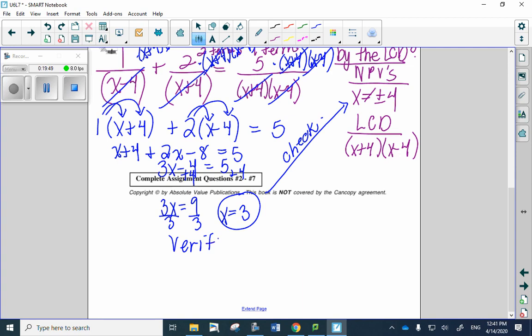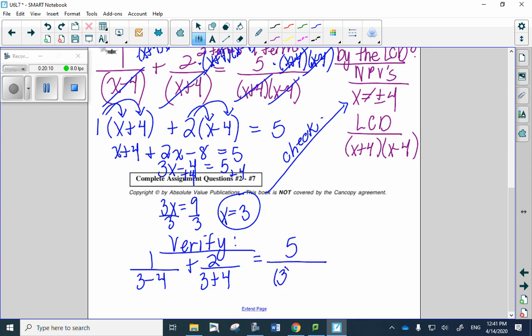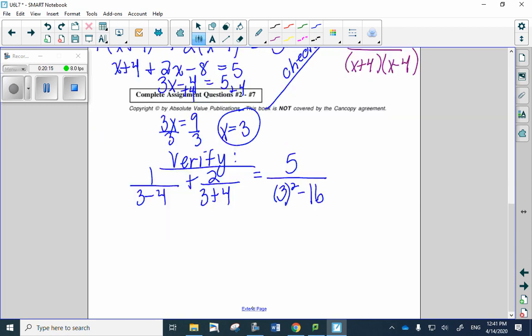So we're going to have 1 divided by 3 minus 4, plus 2 divided by 3 plus 4 is equal to 5 divided by 3 squared minus 16. Okay, and we can have our calculator do most of this. So 3 minus 4 is negative 1. So this is going to be 1 divided by negative 1 is negative 1. Plus, this is going to be 2 over 7 is equal to